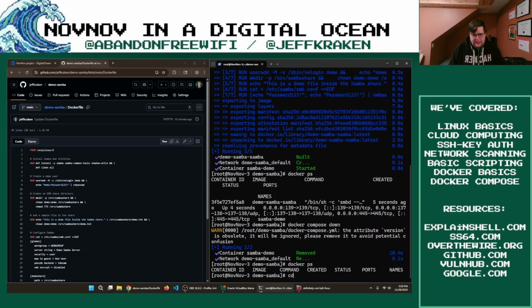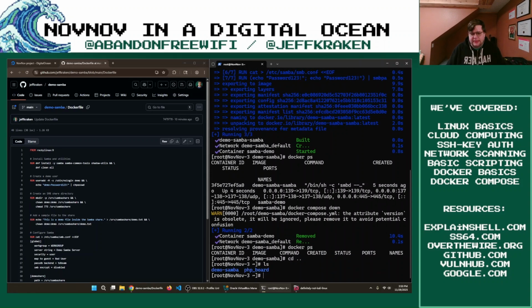And I'll go ahead and cd space .. and ls. So we have demo Samba and we have PHP board. The hypothetical in this is if someone used the same password for PHP board that they did for their file share or Samba, the PHP board's passwords were exposed in that DB SQLite that we looked at in a previous video, so that could allow a little bit of shifting over to another service with some credential stuffing, a hacker's favorite